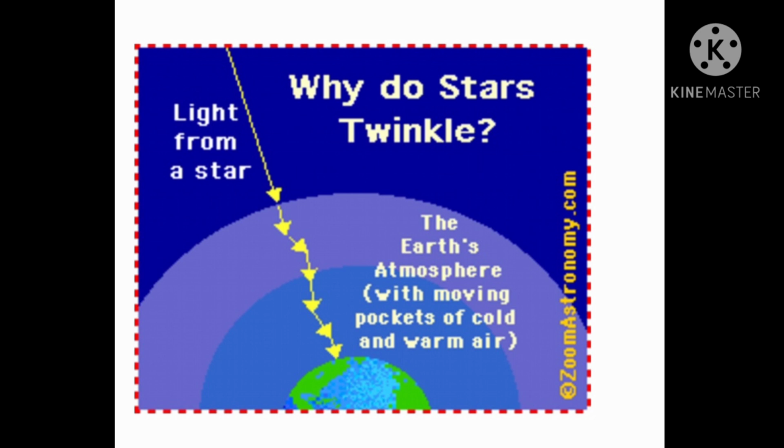Now, an important question over here is, why don't the planets twinkle? Because planets are much closer to the Earth and they are seen as extended sources. If we consider a planet as a collection of a large number of point-sized sources of light, the total variation in the amount of light entering our eye from the individual sources will average out to zero. Therefore, it will nullify the twinkling effect. So this is the reason behind why planets don't twinkle.